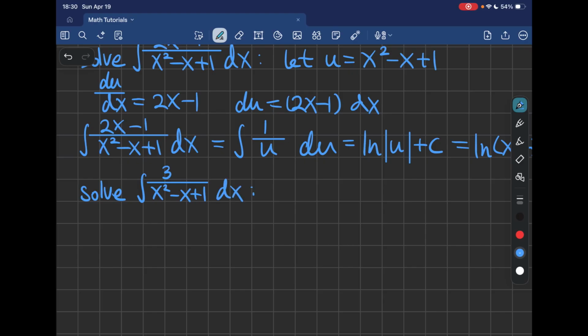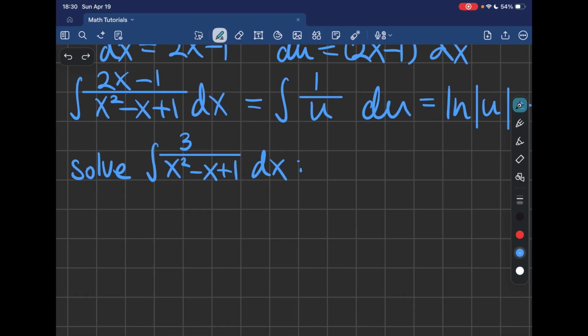So we can complete a square for the bottom, like the denominator, and apply a formula in the data booklet. We haven't been using it for now, I think, but it's in there and you will probably use it later, so it's really useful to know how to use it. So the denominator